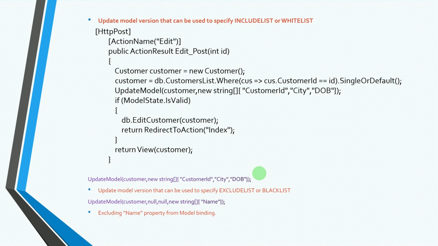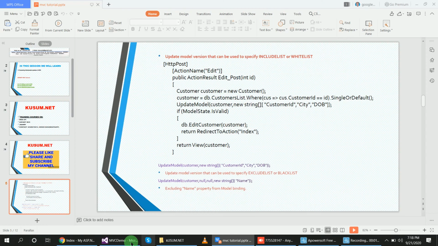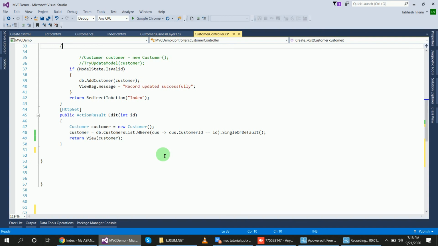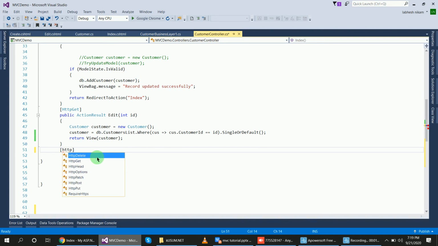Let's flip to the Visual Studio and here I will post my data using this edit method. So I will write HttpPost. Before starting this, I want to explain.